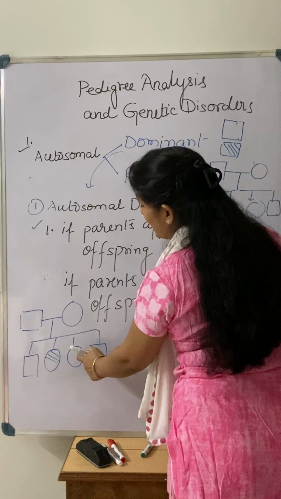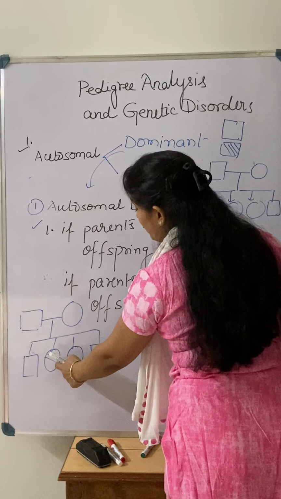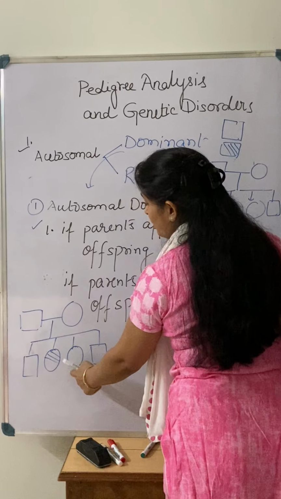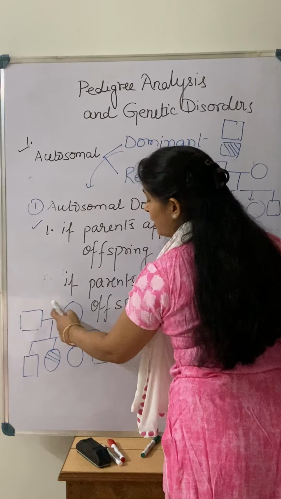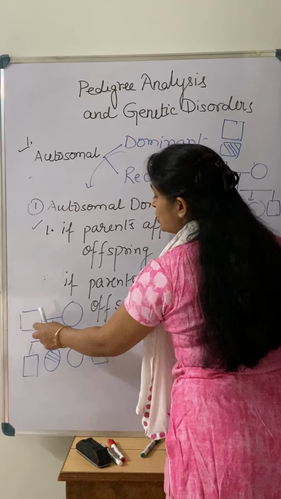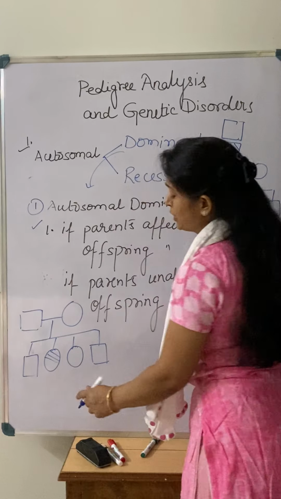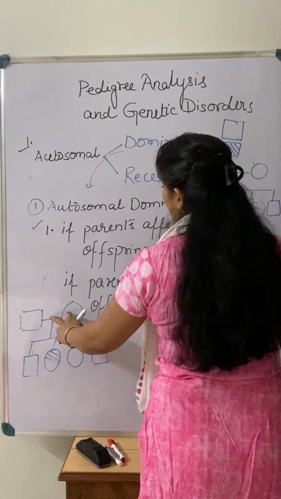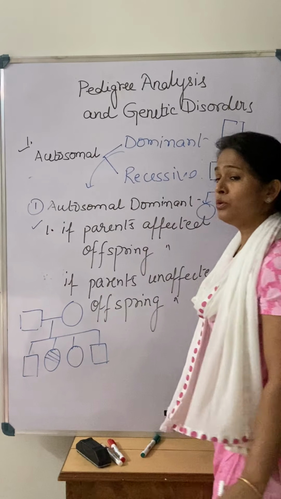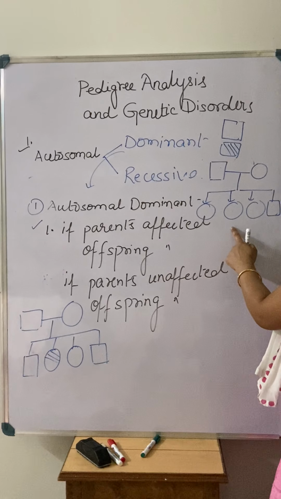But when you see this pedigree, there is a half line I have shown in one of the female children. So it means, what is this? And the parents are healthy, you can see by this. So parents are healthy, and one of the offspring in the next generation is unhealthy, meaning affected. So this is the autosomal recessive. In case of this pedigree, what is there?